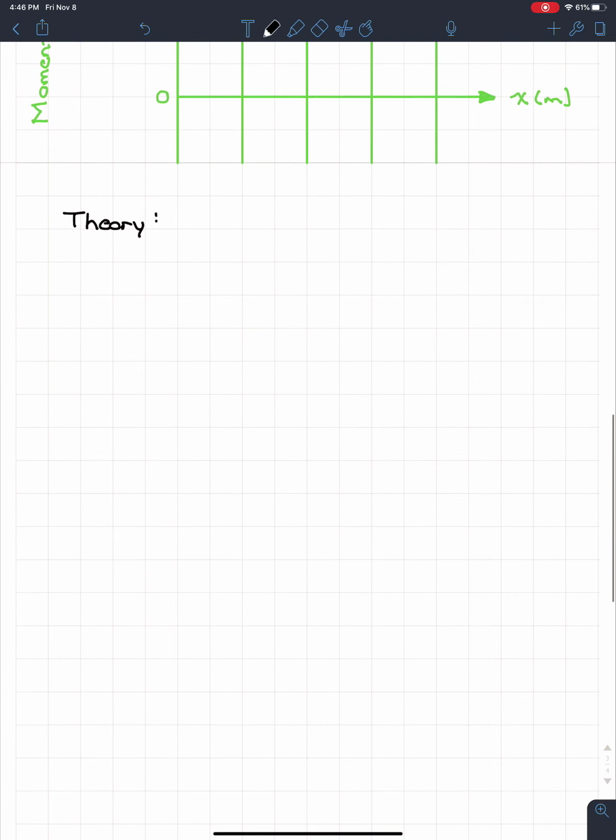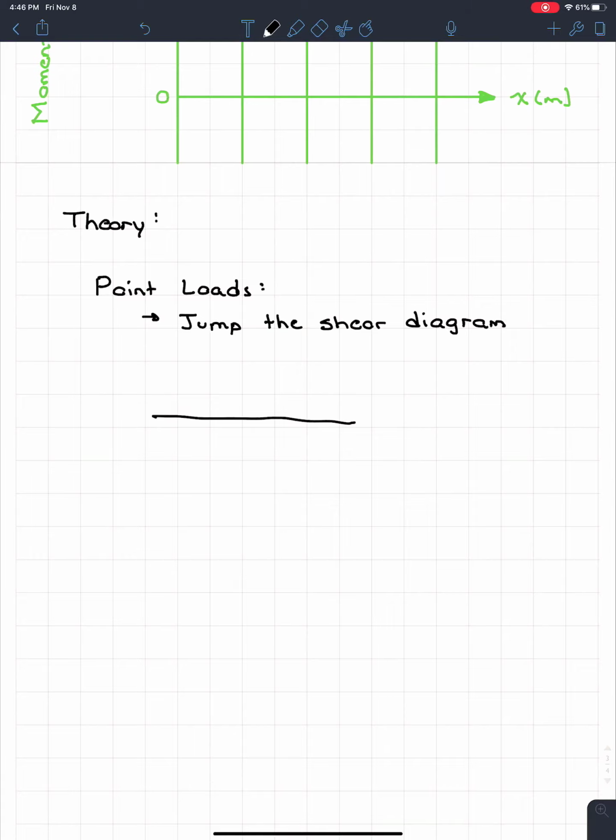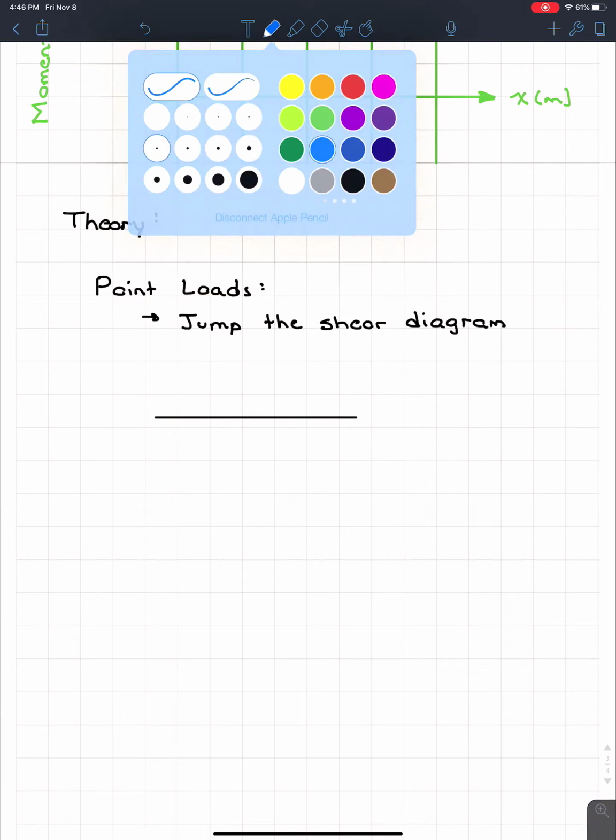So point loads in a shear and bending moment diagram, they jump the shear diagram. And I know that sounds really confusing, shear diagram. I just about wrote the word confusing. But what it means is if I have, let's just say, a segment of a beam. So I'm not going to draw any segment, but at this part of the beam,